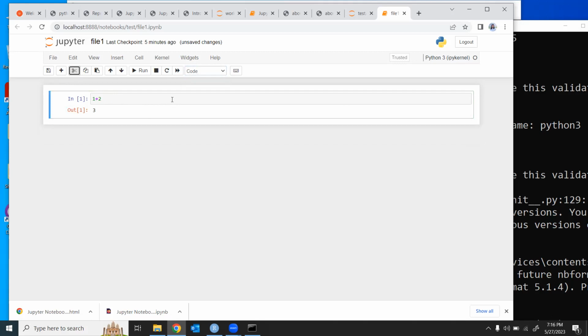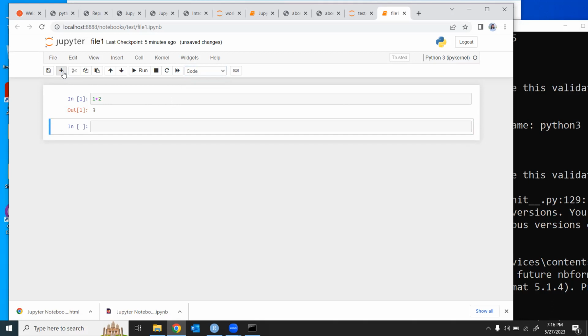If you want to add another cell to this, you have this plus sign, so click on that. By default, what you get is a code cell. But imagine you want to add a description to this one. You need to convert this cell to a markdown cell. So for that, in order to